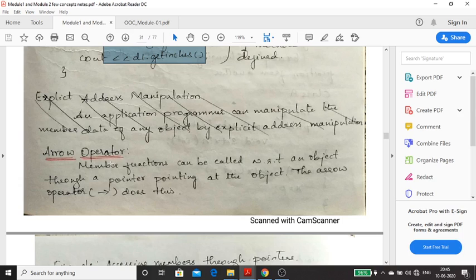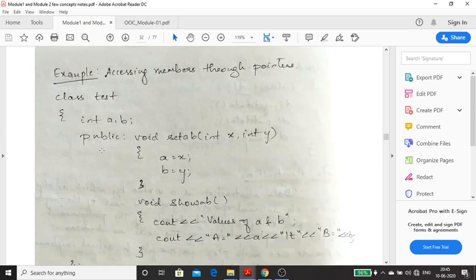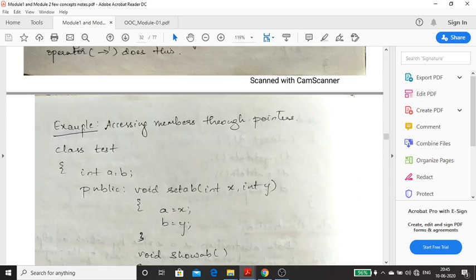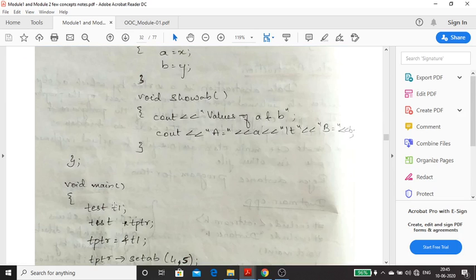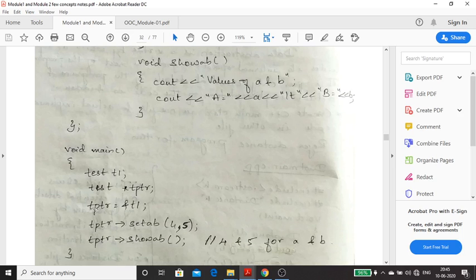And the next concept is the arrow operator. When do we have to use the arrow operator? Directly I'll go with a program. There's a class with the name test. In C++, you know how to create an object. T1 is an object of class test. Now I'll create a pointer of type test, and within the pointer I'll store the address of T1. So now the pointer has the address of the object.